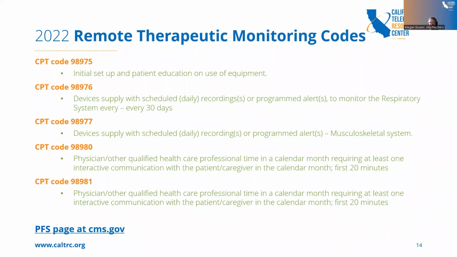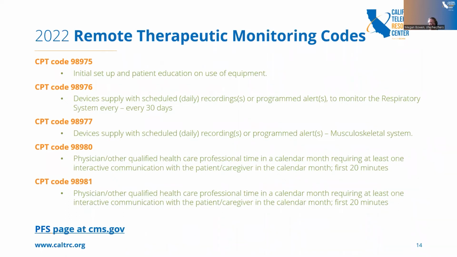Then there's 98976, which is for therapeutic monitoring for respiratory system status, or musculoskeletal therapy adherence, therapy response, pain scales, things like that. That's every 30 days. Excuse me, 98976 is for respiratory system and 98977 is for musculoskeletal,